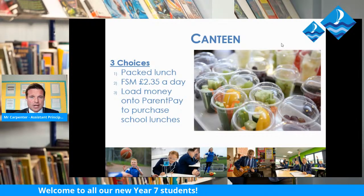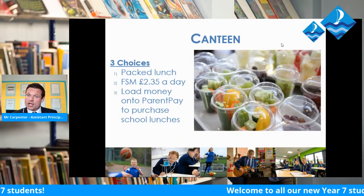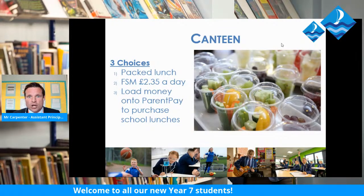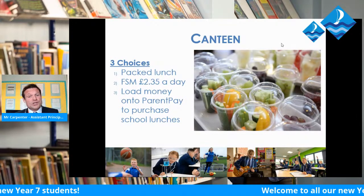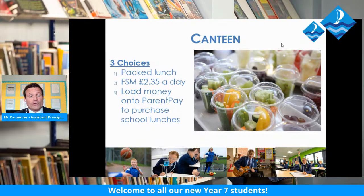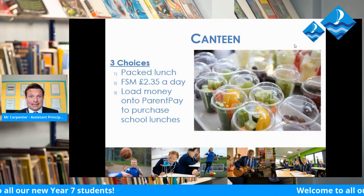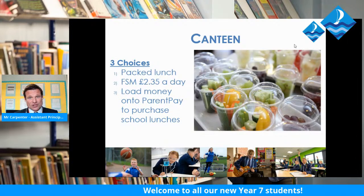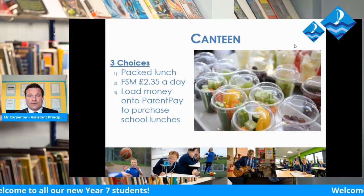Now you've got three choices when you come to Paignton Academy, and you can mix and match this as well. You could either bring a packed lunch and eat in the dining hall every single day, or you could do that any day you wish, and or you can do a combination. If you receive free school meals in your primary school, then you will continue to receive free school meals in the secondary school, and we will have that arranged for you on the very first day you come in. And you will be allocated £2.35 a day to spend. Now that is also exactly the same as the main meal, dessert and drink. So that means that every day you get your main meal, dessert and a drink, all for £2.35 within the